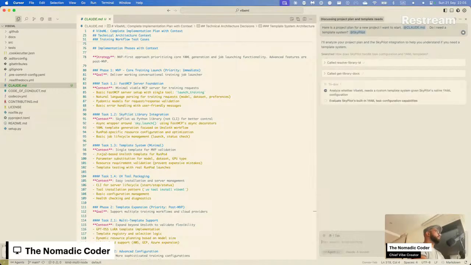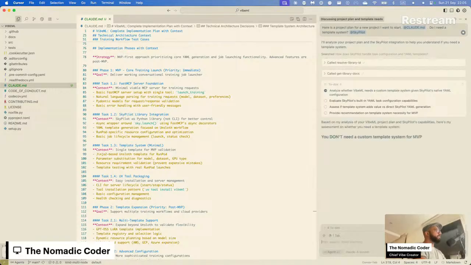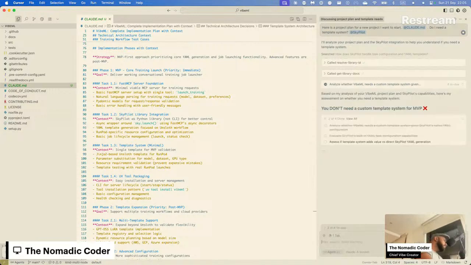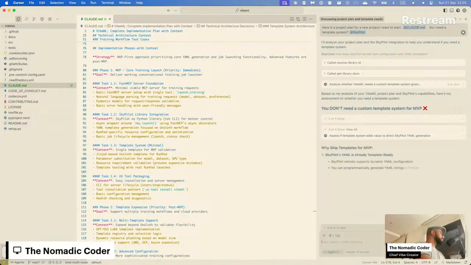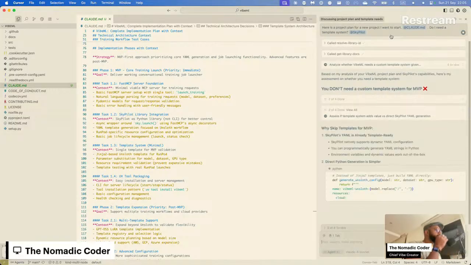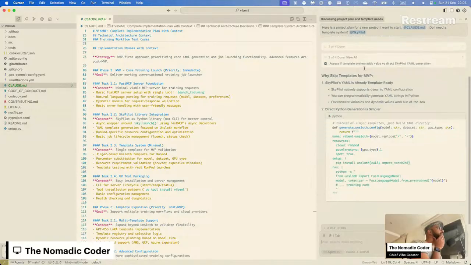Laziness is just the way we get SkyPilot based on Cursor. I don't need a custom template. That's what I was always saying.